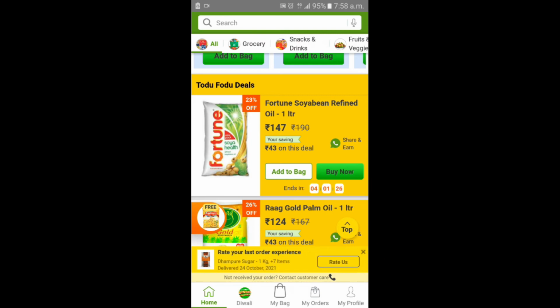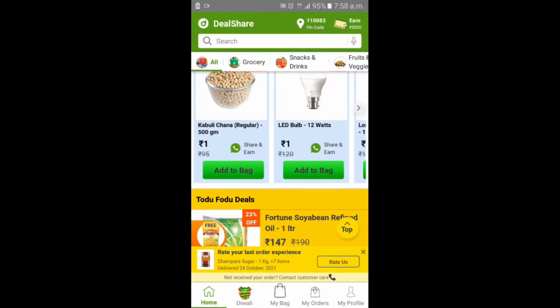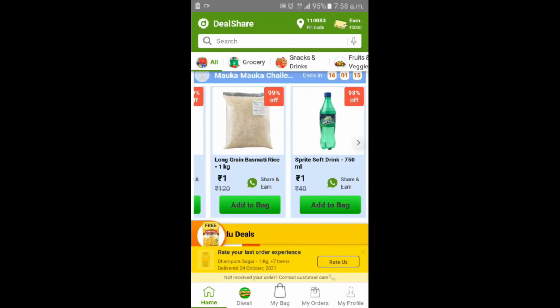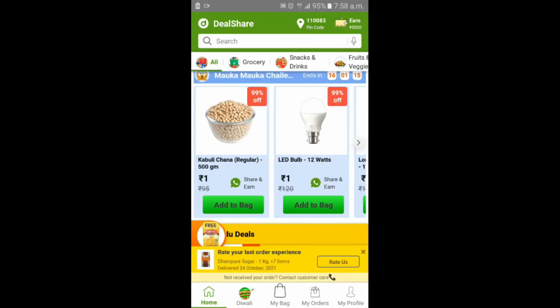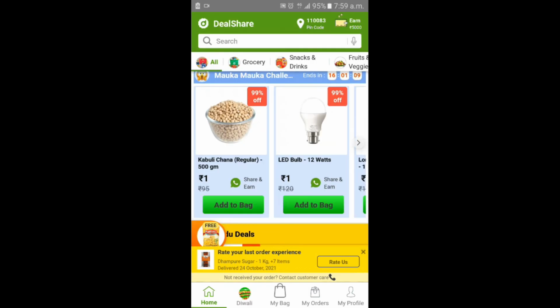So that's why it will give you a cost effective. So these are the 1 rupee deals, and you can get these deals one time for each order. That means for the 1 rupee deal, only one item you can add to your bag.